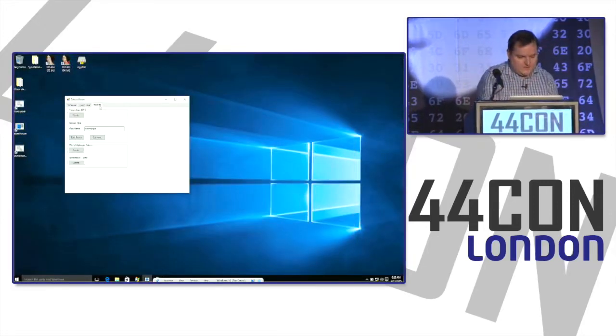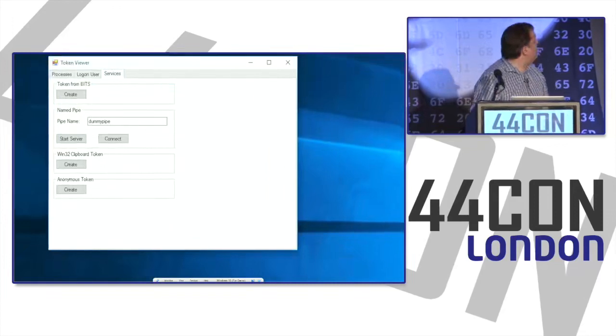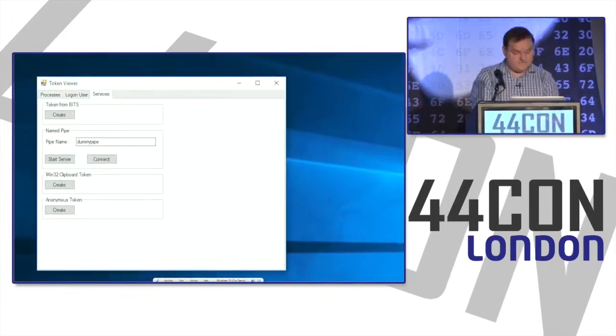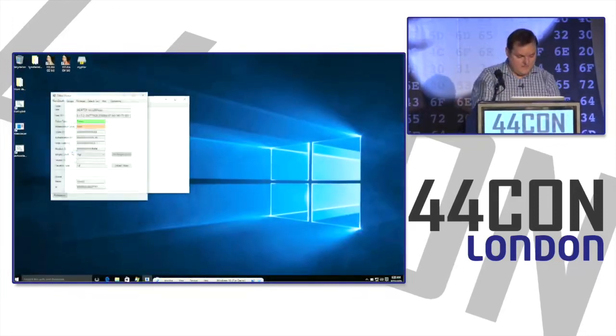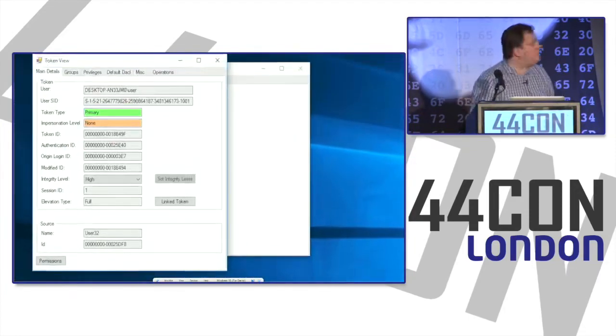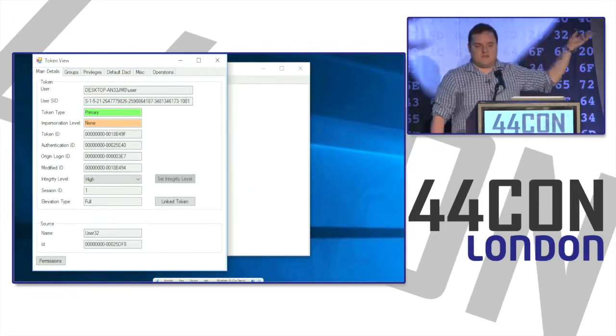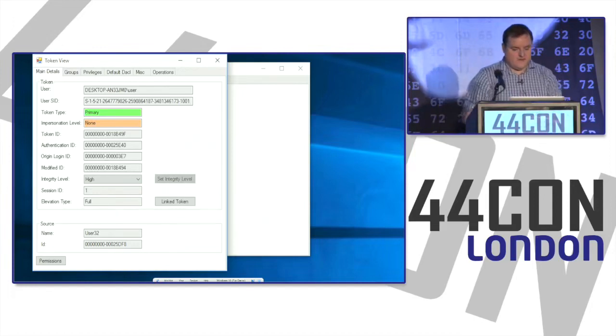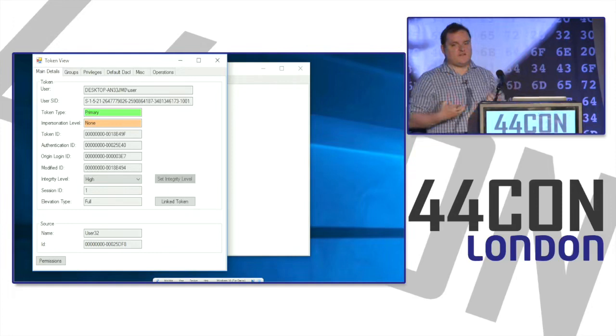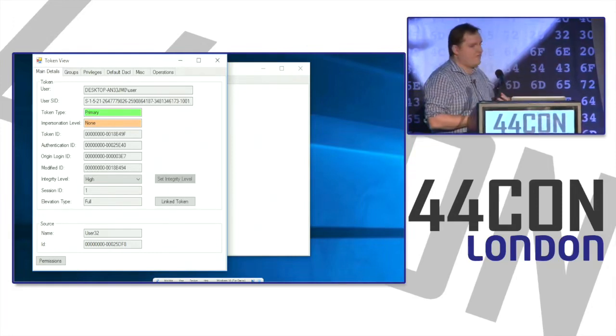So in here, there's a button, Win32 clipboard token. If I click that, we can see, oops. So we've captured a primary token. We can see that it's got a high integrity level. That means it's the administrator token. You can go and look at the other stuff. But we can't actually use that directly. Even though we've got access to it, we can't really do a lot with it, you would think.